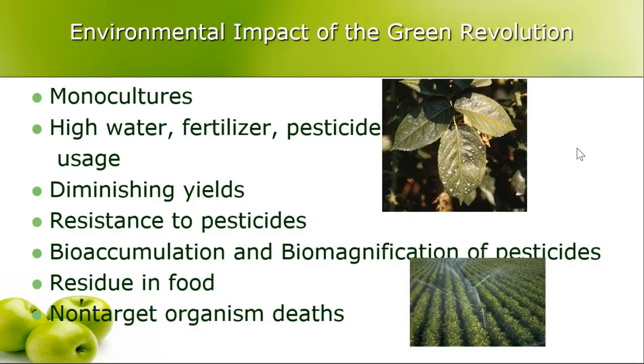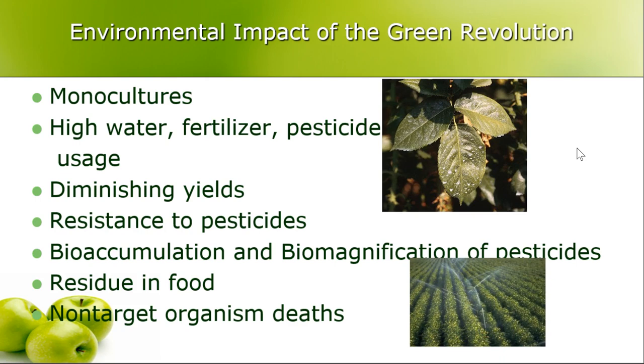And that's great. Now, on this list of environmental impacts of the Green Revolution, you have this positive thing where you prevent people from starving. Yay. But there are some downsides too. You get monocultures. They are high input: lots of water, lots of fertilizer, lots of pesticide. So in a nutshell, lots of water, lots of chemicals.